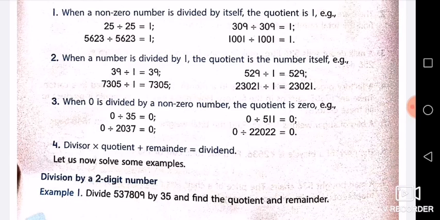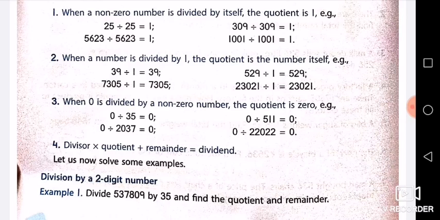So let us now solve some examples. Today we will do division by 2-digit numbers, and the questions related to 2-digit numbers only we are going to do today. And tomorrow we are going to do division by 3-digit numbers, that also I will explain tomorrow. It is not necessary to learn tables. For example, if I give you 89, you are not going to learn the table of 89. So I will tell you how you are going to do those questions.